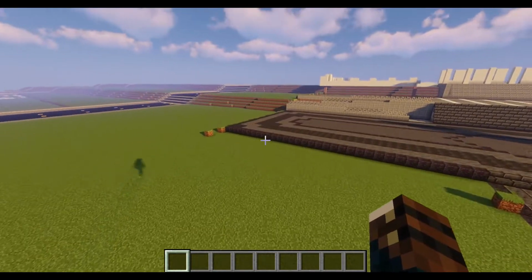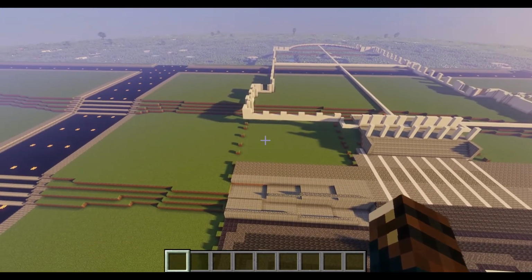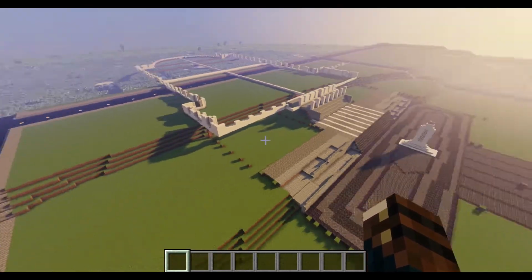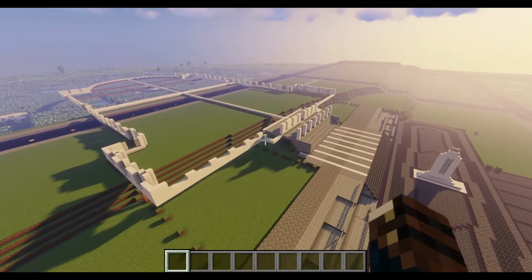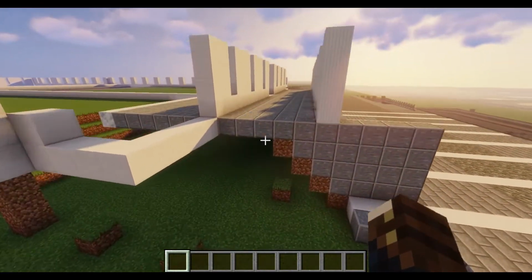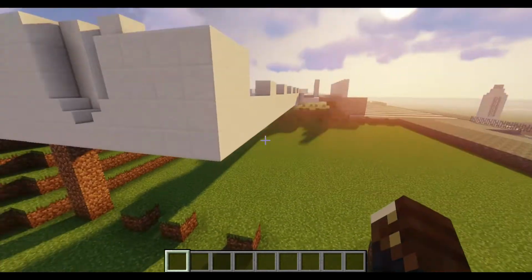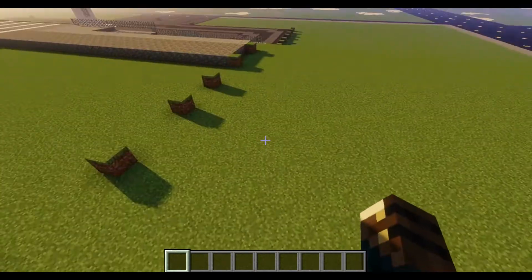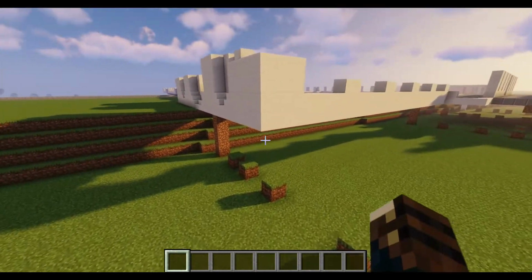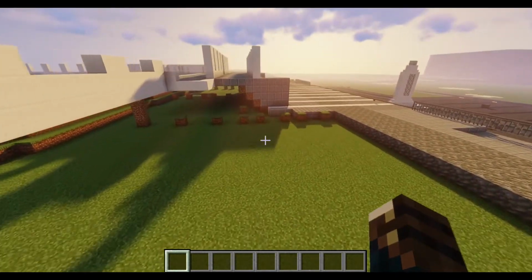So there's lots of sort of driveways, and the ground goes around the building in a particular way. There's more ramps down here. And actually this side, here-ish, the ground floor, this bit here goes up to here-ish. So there's going to be a lot of terraforming to do in the second half,